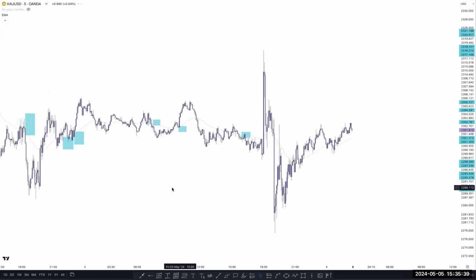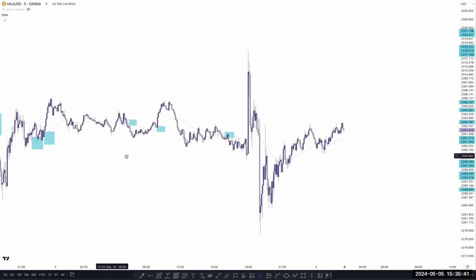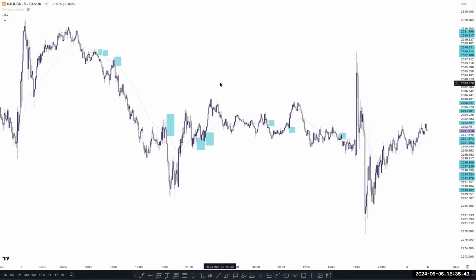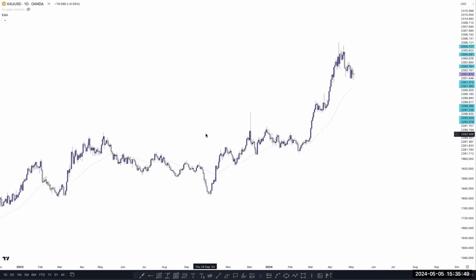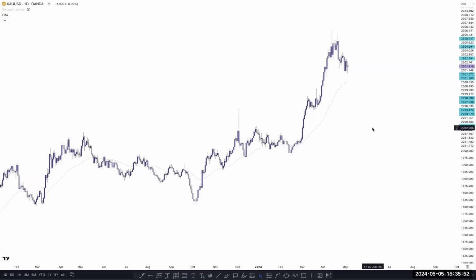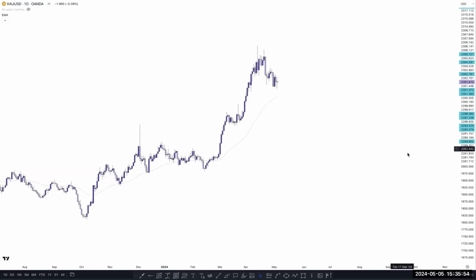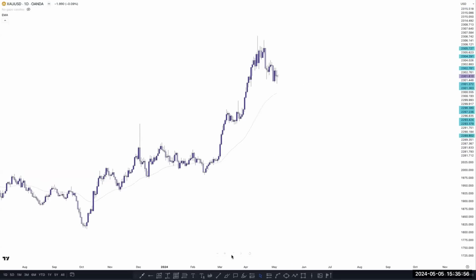Gold is extremely bullish here, sorry, in the daily time frame. In the daily time frame, the market is extremely bullish and continuing to push higher high. So what can we expect? We can expect that if the market comes back to this PY point, this EMA point, and then the market creates any bullish confirmation here, then we can expect continuation higher.